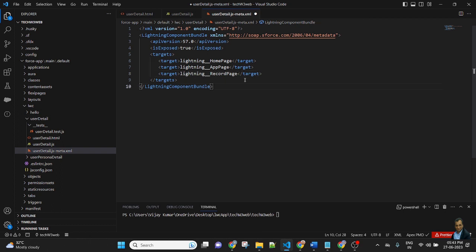So I'm passing three targets. This component will be displayed on the home page, app page, and record page.